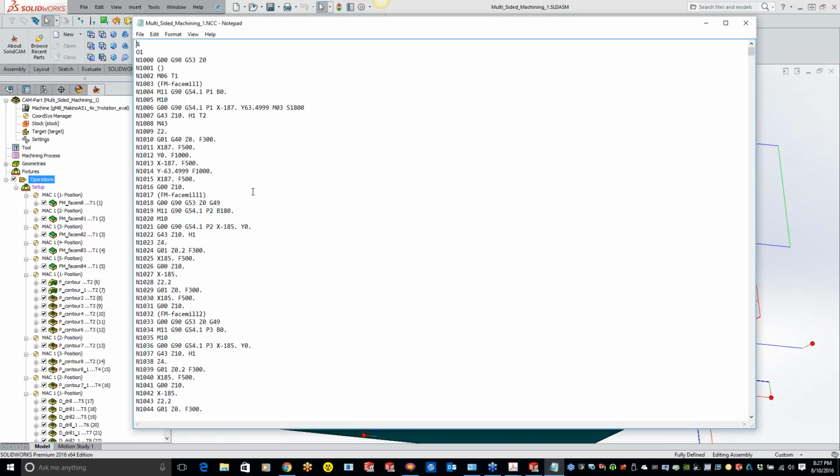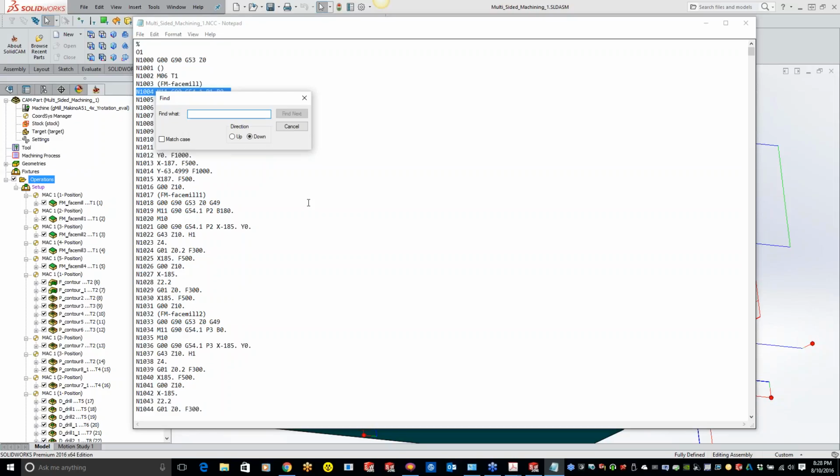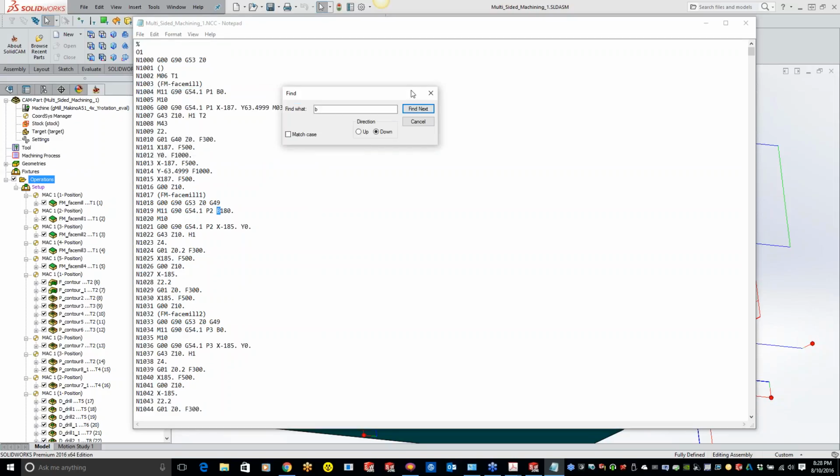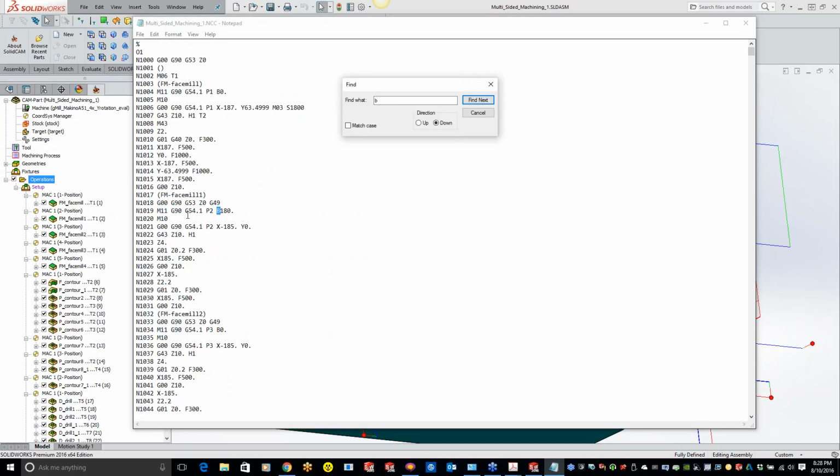Okay, so we got a Makino one right here. You'll see that we're at B0. Let me go farther down and let's just do edit, find, and we'll just say B. So now we're rotating. You'll see we're using G54.1 P1, and that's kind of standard, especially with Makinos, they have a ton of secondary offsets.